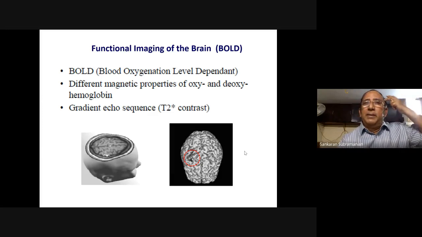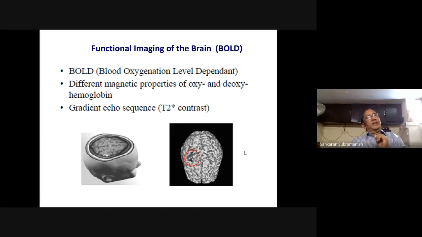So oxygen will be depleted, so the hemoglobin of the blood in that region will be deoxygenated. Deoxygenated hemoglobin is actually paramagnetic, while the oxyhemoglobin is diamagnetic. And therefore, the paramagnetic hemoglobin-containing blood will have a local magnetic field which will scatter the signal, because any magnetism will try to give you an inhomogeneity in that location, and therefore the signals will be somewhat scattered and